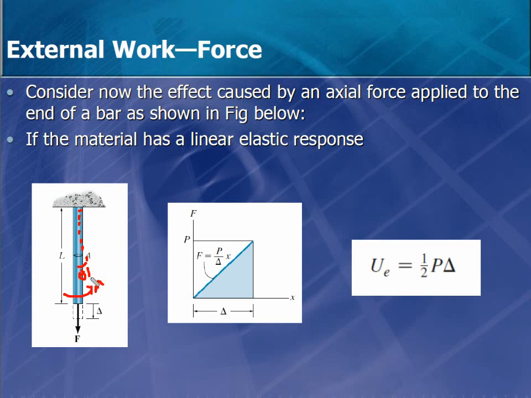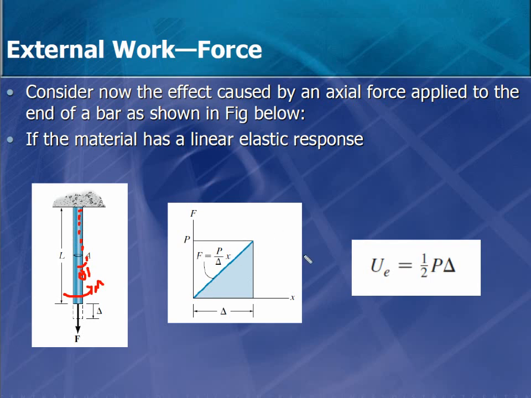Now the work done by a moment is a bit different than the work done by the force. Why? In the case of moment, when the moment is acting anywhere within the bar, we know that it does not relate to the distance. So when the moment is acting here or here or here, the whole bar basically will be under different deformation. Maybe the angle is going to change according to the location. So that's why we're going to take this theta along the beam in order to find external work,